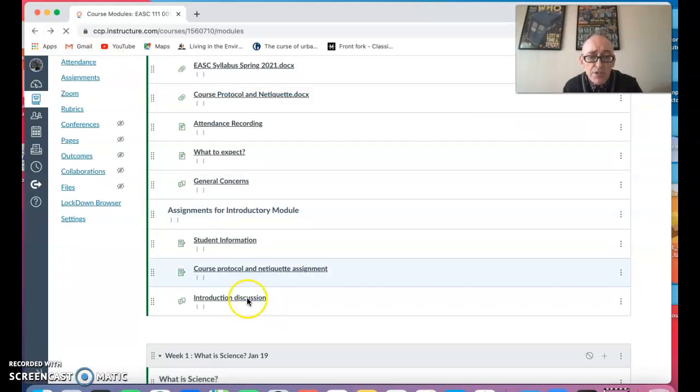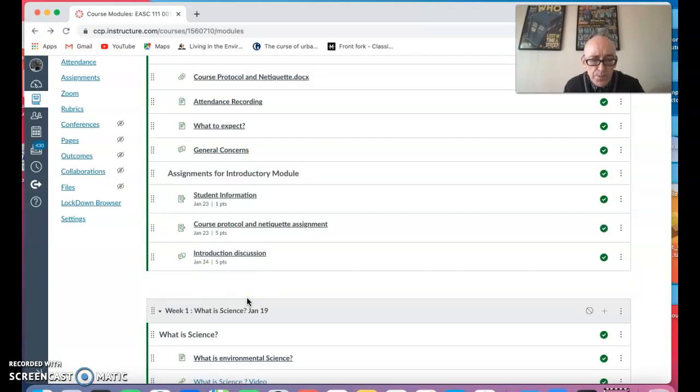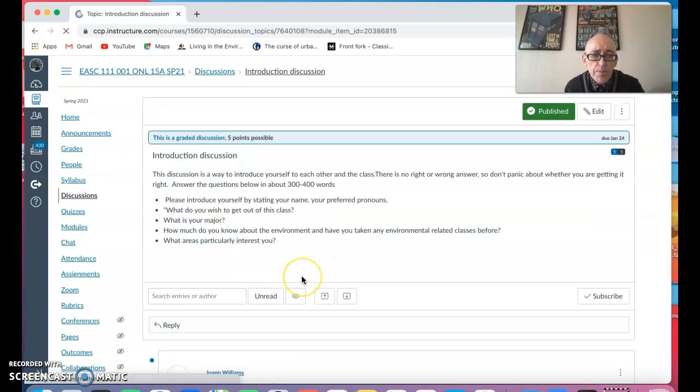And an introduction discussion. This is worth 5 points. Basically what you're doing is a way of introducing yourself, as if we were in the class and you were introducing yourself to another student. You know, say your name, preferred pronouns. What do you wish to get out of this class? And don't just say, oh, passing grade. What interests you? What's your major? How do you think this